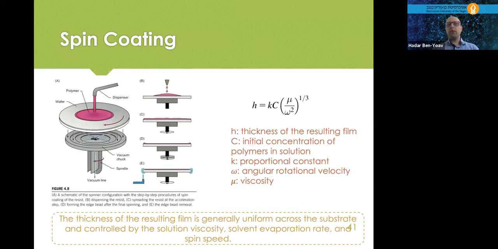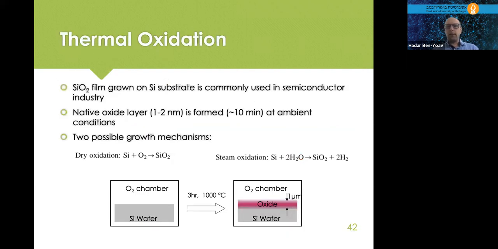Now that was used for polymer coatings. However, there are other materials that we want to deposit on the surface of our substrates. For example, we want to deposit oxygen on a silicon wafer to form a silicon oxide SiO2 layer. And the reason for that is SiO2, which is basically glass, silica glass,